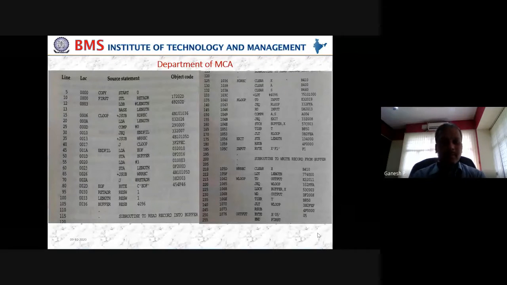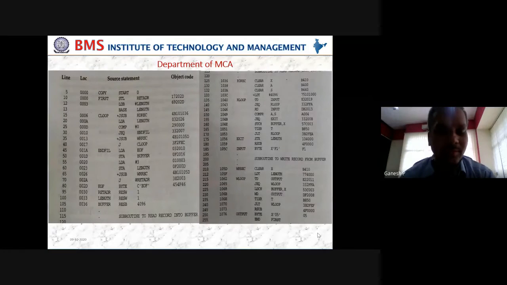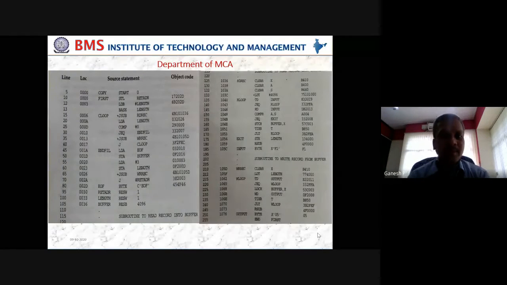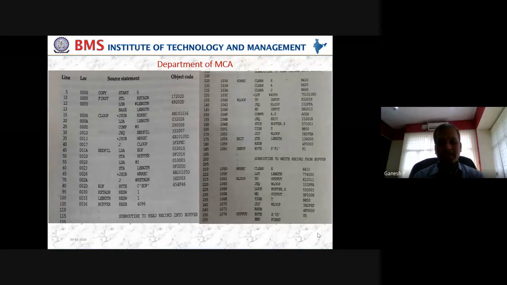this is our program actually. We have been talking about this program at length from the beginning of this module, and this program has seen a lot of modifications as we have seen various features. But nevertheless, if you look at the first part, line number 5 to line number 110 is one set of the program. And line number 120 to line number 185 is one set of the program, which is called RDREC. Here it is very clearly written, it is a subroutine.